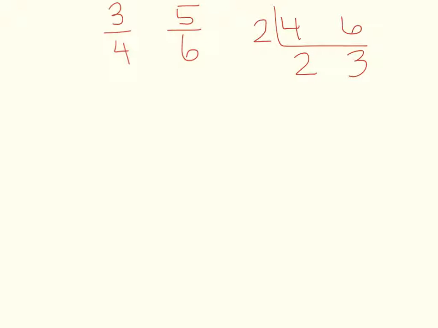When done, I make my L. And that is my common denominator. 2 times 2 is 4, times 3 is 12. So my LCM is 12. I use that